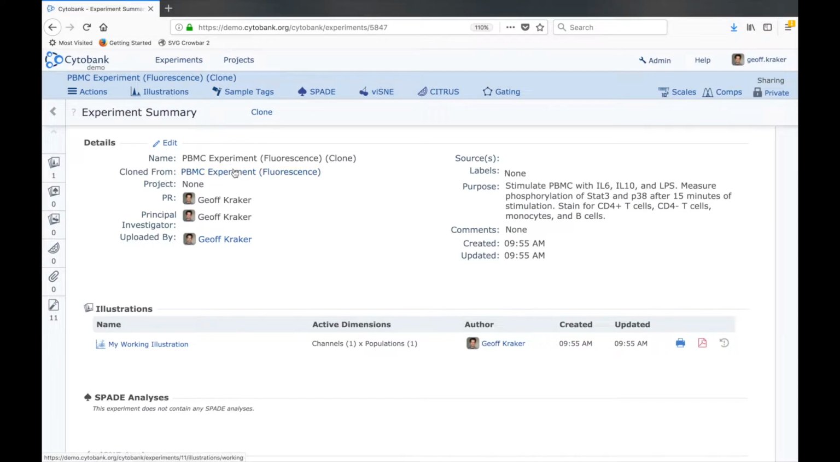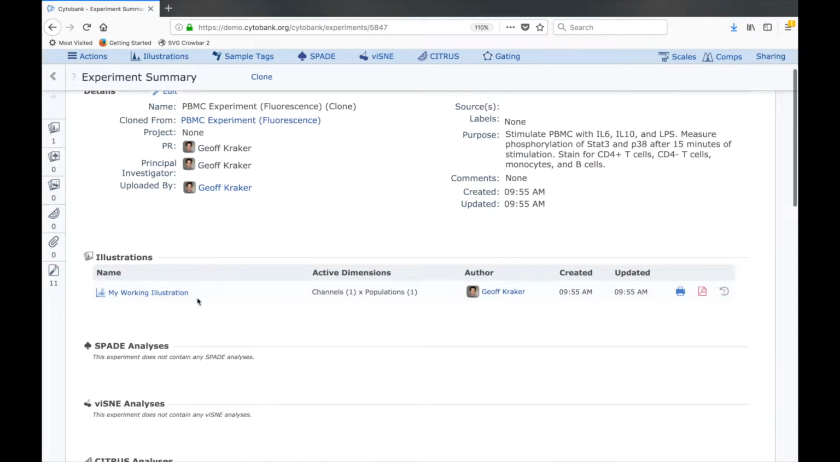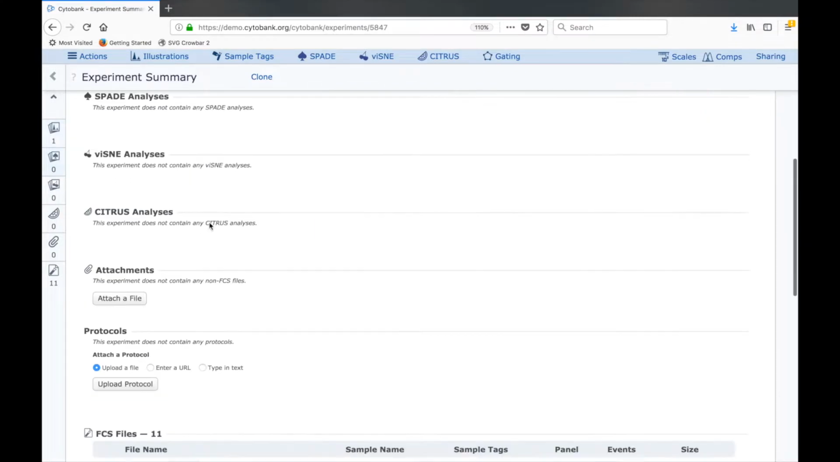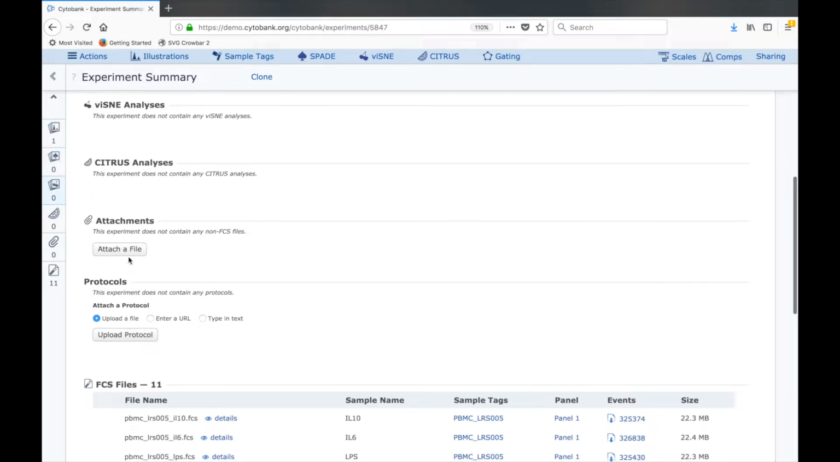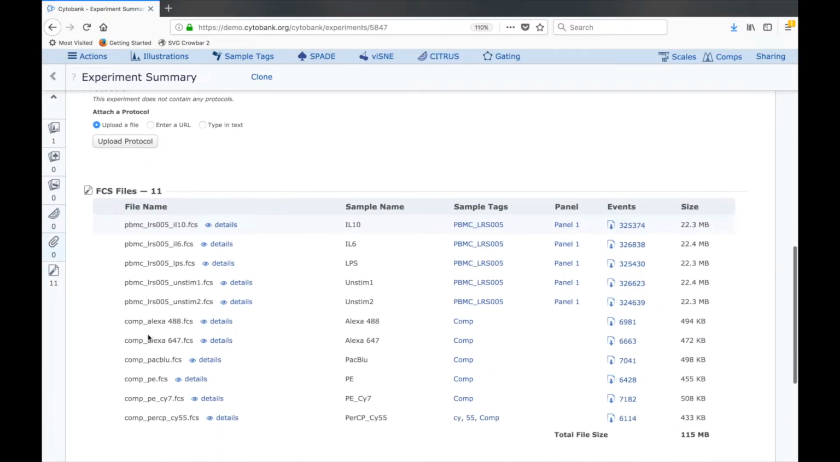So you can see the experiment it came from, my new experiment name, and any saved illustrations, advanced analyses, attachments and protocols, and this is where you can upload any file size or file type to give context to this experiment. So if you have completed analysis and you have a spreadsheet or a PowerPoint presentation you want to attach to this experiment so other people can see it, you can do that here with its attachments. And you can go through and upload a protocol for how it was stained or how it was collected,